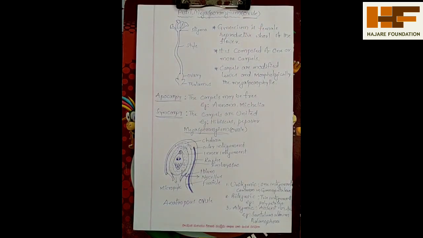Inside the ovule is the embryo sac. Inside the embryo sac, the egg cell will be present. Then the pollen grains reach the egg cell, and fertilization occurs in the gymnospermic plants